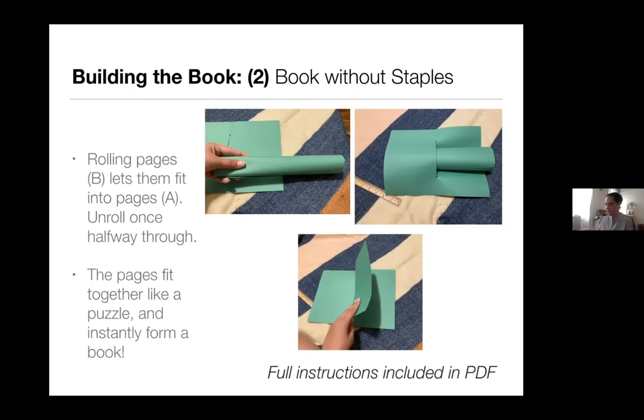But it's really fun the way that it looks kind of wild at first, and then as you fold the pages out, it suddenly becomes a perfect book, and it's all connected without any more effort. It's just all together. So this one's really fun for older kids. They can feel a little more technical about it, and the way that it fits like a puzzle is really nice. It's sort of satisfying when it all comes together.